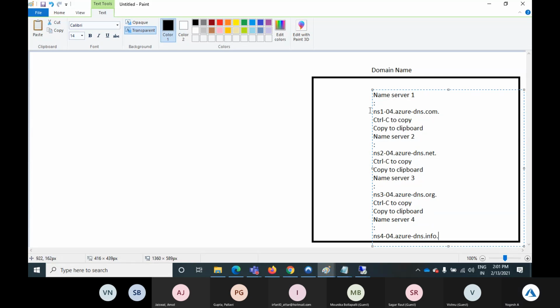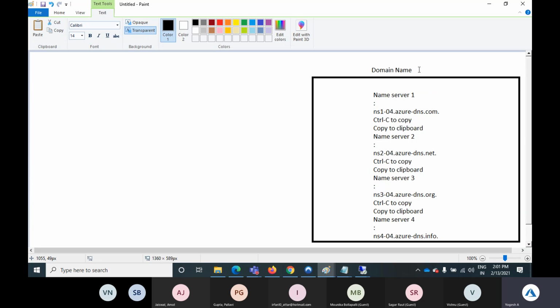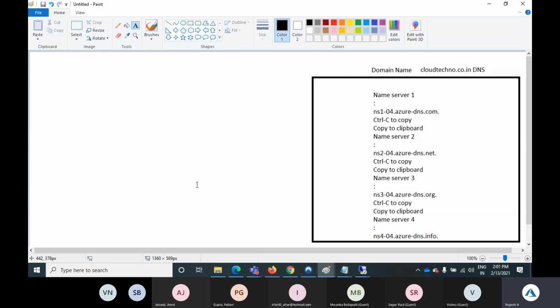Now I want to make some changes to the cloud.techno.co.in DNS. This is my DNS, so every time I need to log in to the portal and make the changes. So instead, what Microsoft is saying